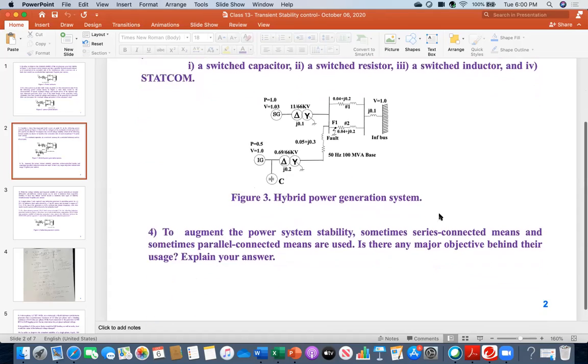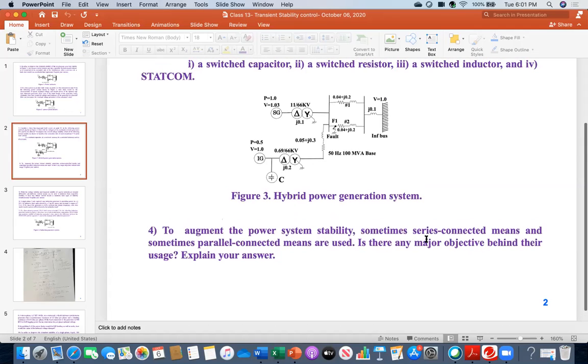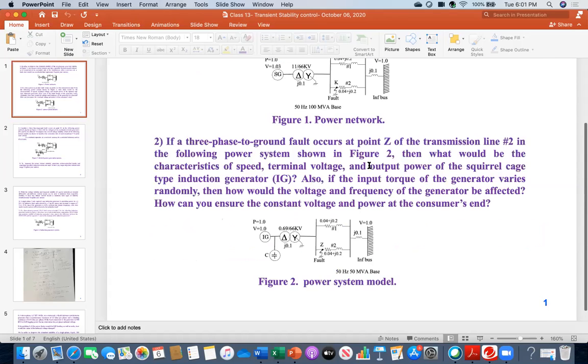Okay, and now another question. To augment the power system stability, sometimes series connected means and sometimes parallel connected means are used. Is there any major objective behind their usage? Explain your answer. So the meaning of this question is that, you remember, in the previous question,